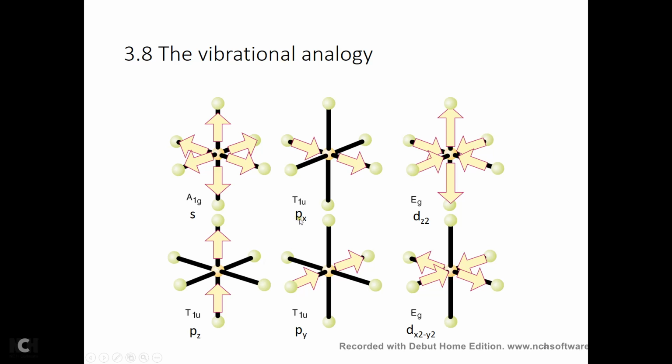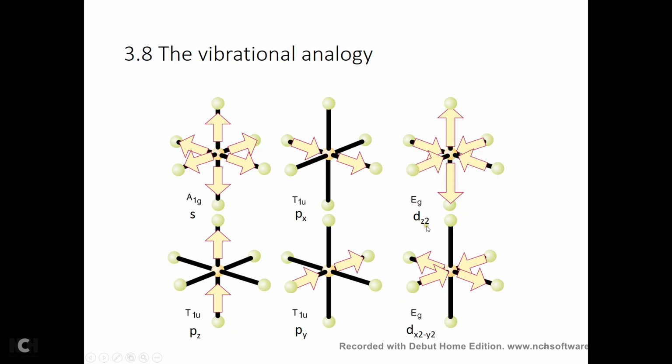So again, this px, py, pz from sulfur are interacting with only 2 fluorine atoms, and they have a symmetry of T1u. U means ungerade in German. That means anti-symmetric with respect to the inversion center. So you know px, py, and pz are anti-symmetric with respect to the inversion center. Now E stands for a degeneracy of 2, so these 2 have the same energy, and over here this actually